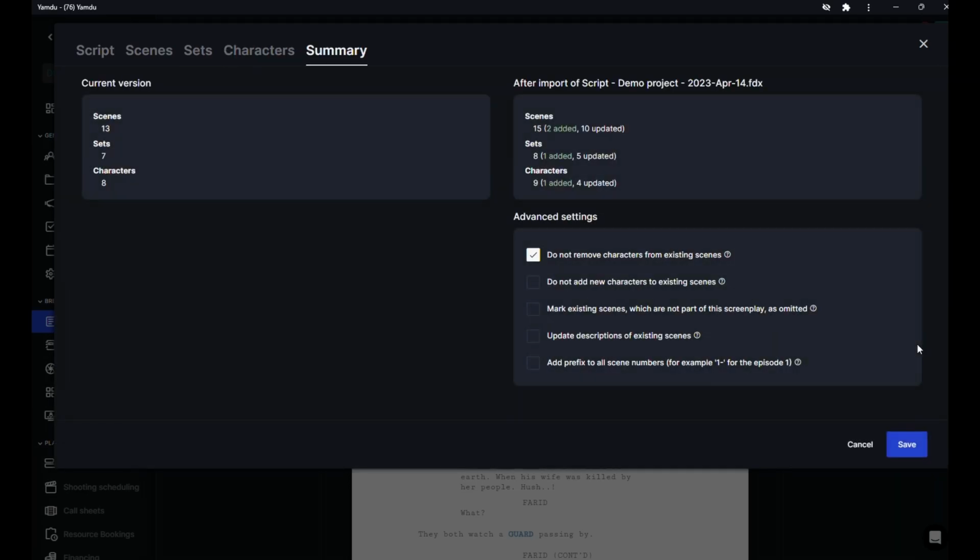If we go into the summary, we'll see what the current version of the script looks like, with 13 scenes, 7 sets, and 8 characters. And after the import of the new script, we'll have 15 scenes, 2 newly added and 10 updated, 8 sets, and 9 characters. But before we import the new script version, we'll also have some advanced settings to select from,